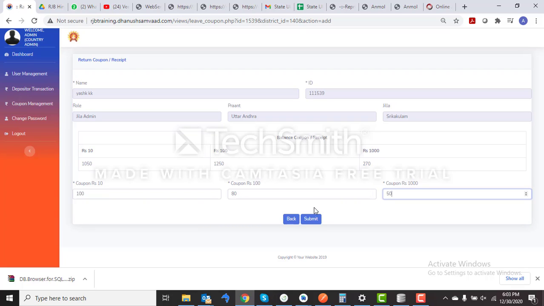These are the extra coupons issued to this user. So we will enter this detail and click on submit. And now we can see the balance coupon or receipt details have been updated.